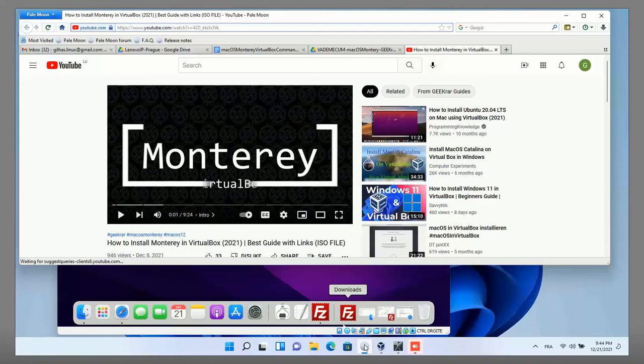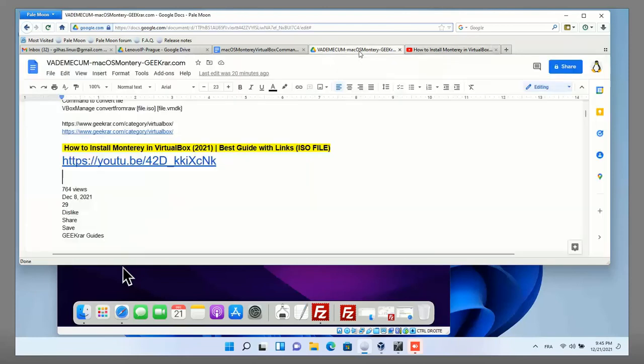Geek, what is it called? Geek Ra, and it's called How to Install Monterey in VirtualBox 2021 Best Guide with Links ISO file. In fact, I downloaded the ISO file and I've scrupulously followed the guidelines of this gentleman, and after installing the ISO on or inside the virtual machine, the virtual box, the only, let me show you here, the only